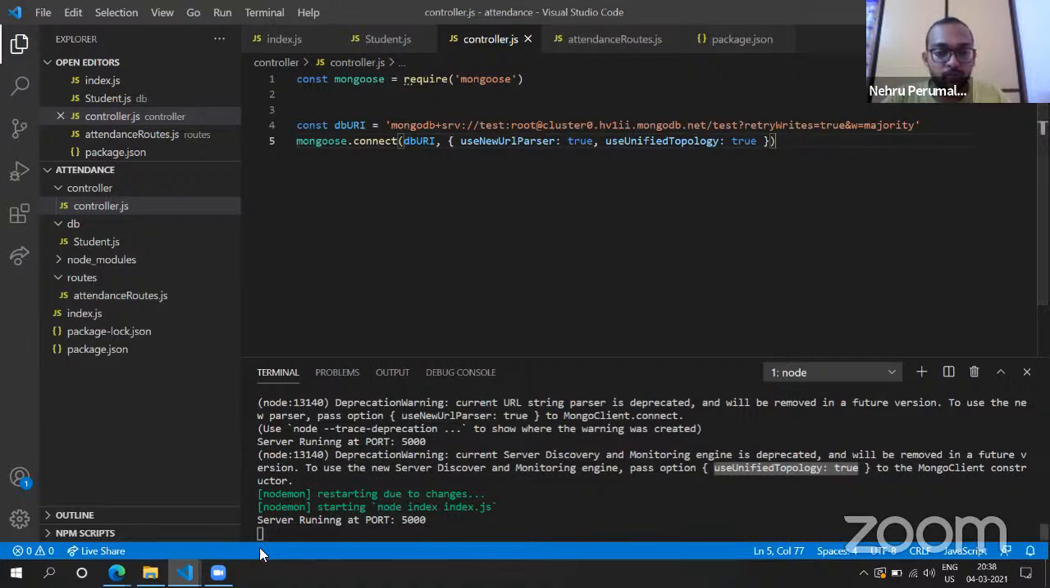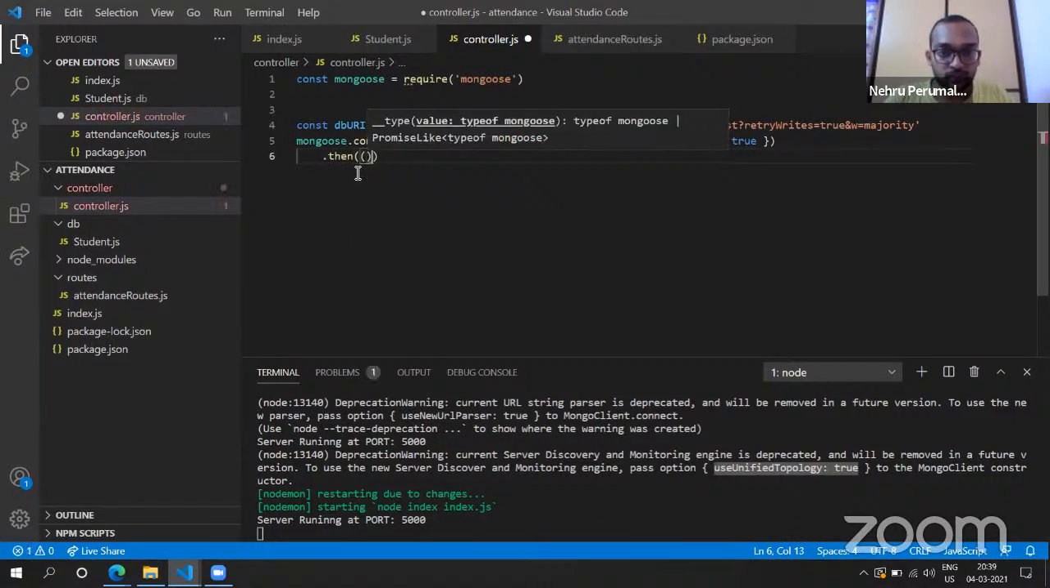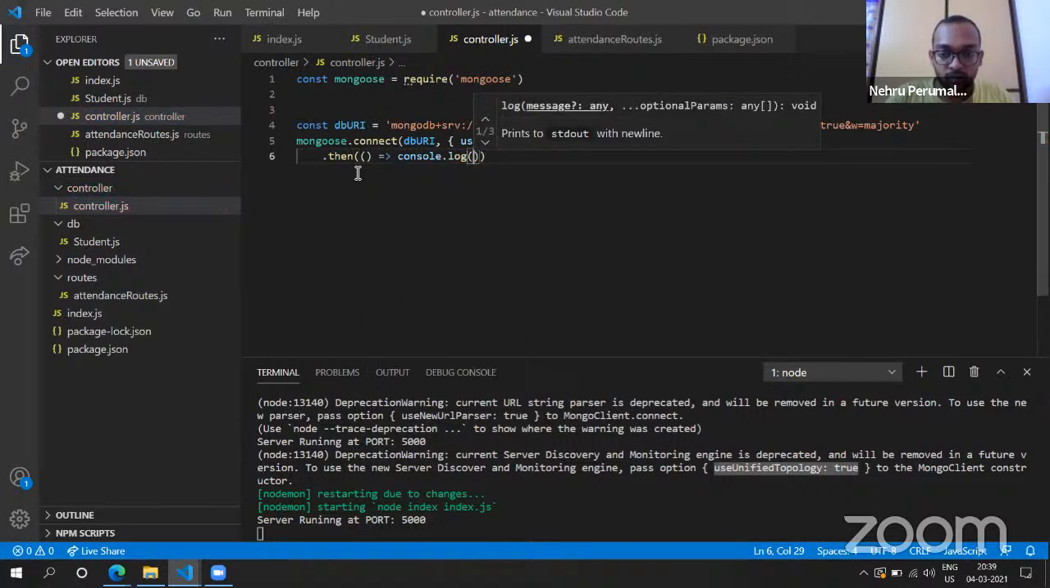So here we are not getting any message whether it is connected or not, but we are able to eliminate the warnings. We are not able to see whether mongoose is able to connect to this Atlas or not. As it is asynchronous, we can do dot then on this. If it is successful connecting, it will trigger the dot then function. Then we'll do console dot log of